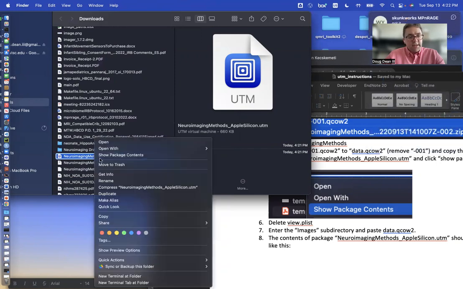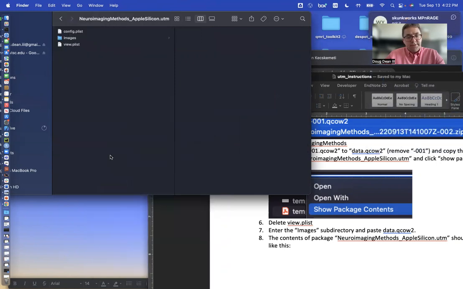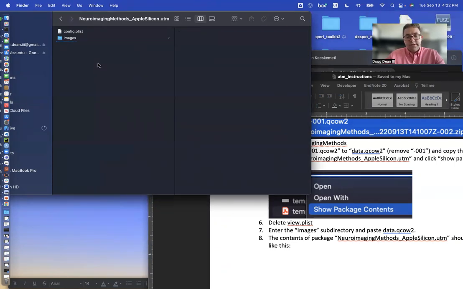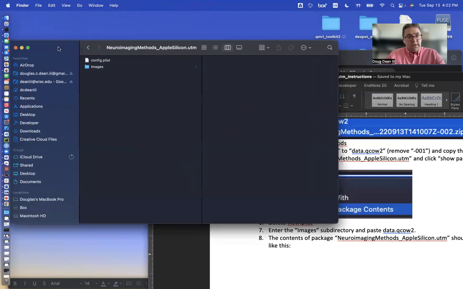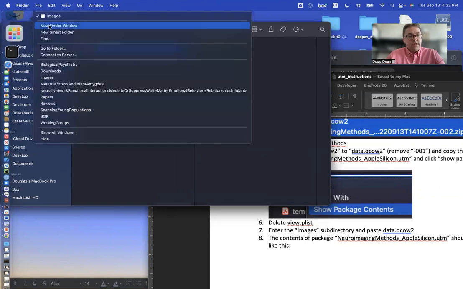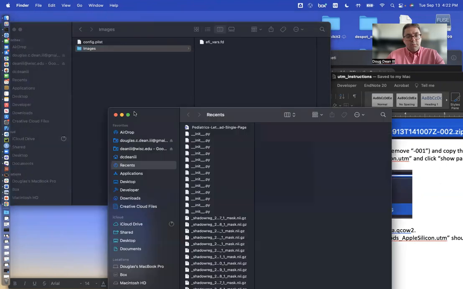You're going to then navigate back to the UTM file, right click and show package contents. You're going to first delete this view.plist file. Then you're going to go into images and we're going to copy or just move